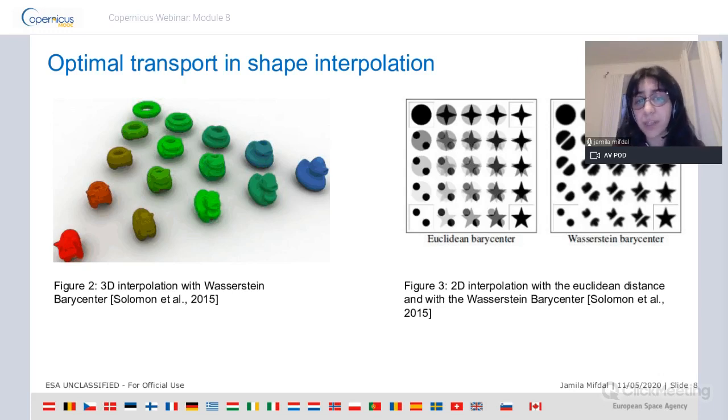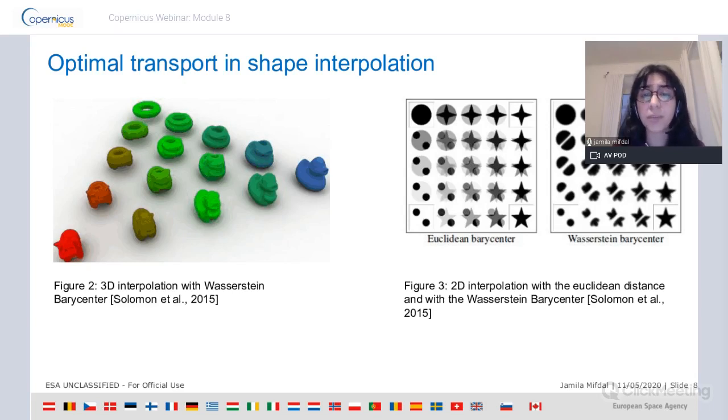On the right, we have the comparison between the Wasserstein barycenter and the Euclidean barycenter. With the Euclidean barycenter, we can see that it's messy. Whenever we have the result of an interpolation between multiple objects, we can see the rest of all objects. We don't have a defined new 2D shape.